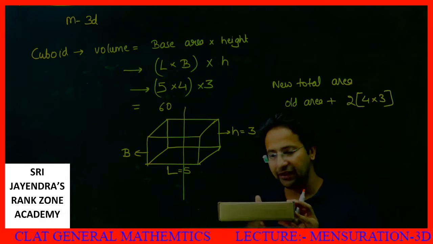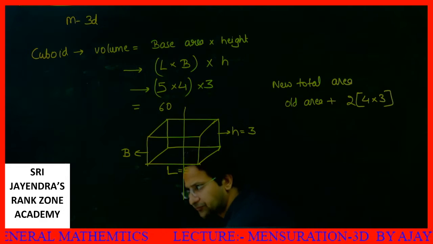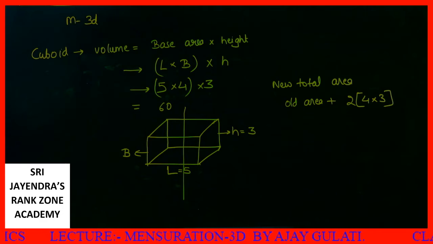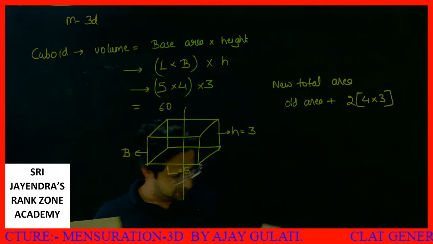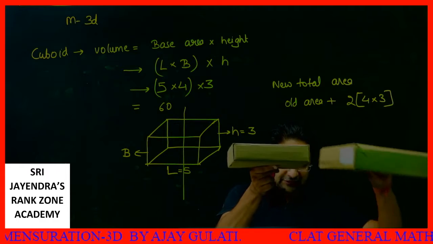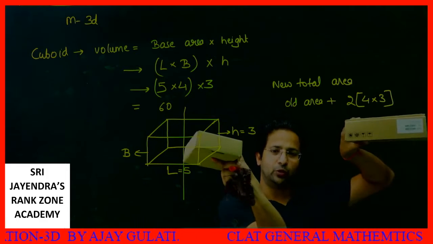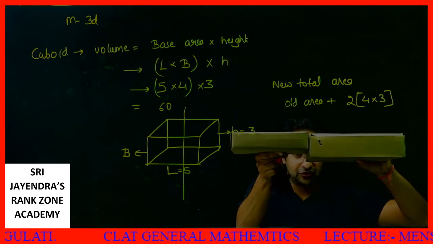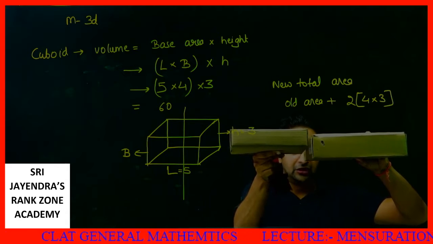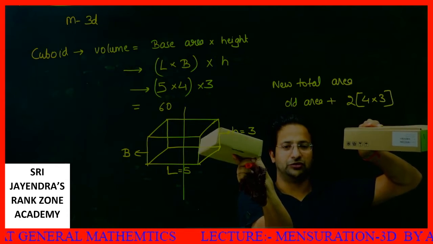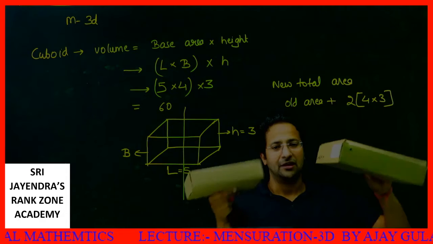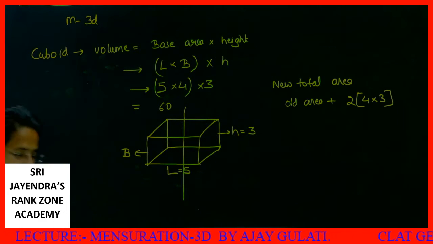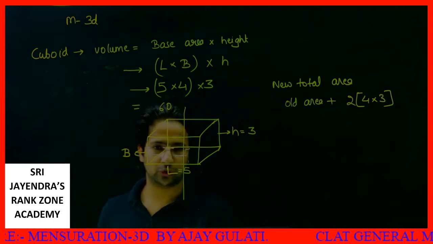Students, try to understand. Let me show you with one more box. Let's say this box is joined. The moment I cut it, I get 2 new faces like this. Let's say this is a single box. The moment you cut it from this point, you get 2 more new faces exposed. These 2 are rectangular faces with base and height. So what will be the addition in your new area? 2BH. I hope it is clear to you. So the addition is 2BH.